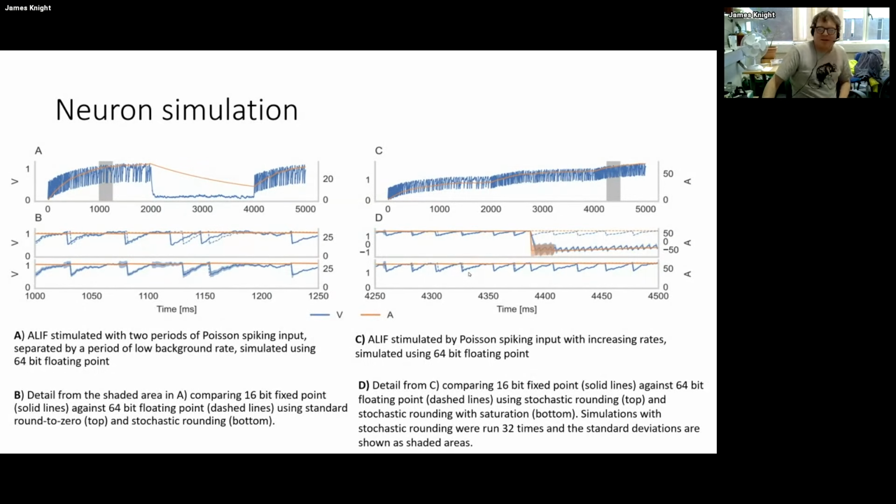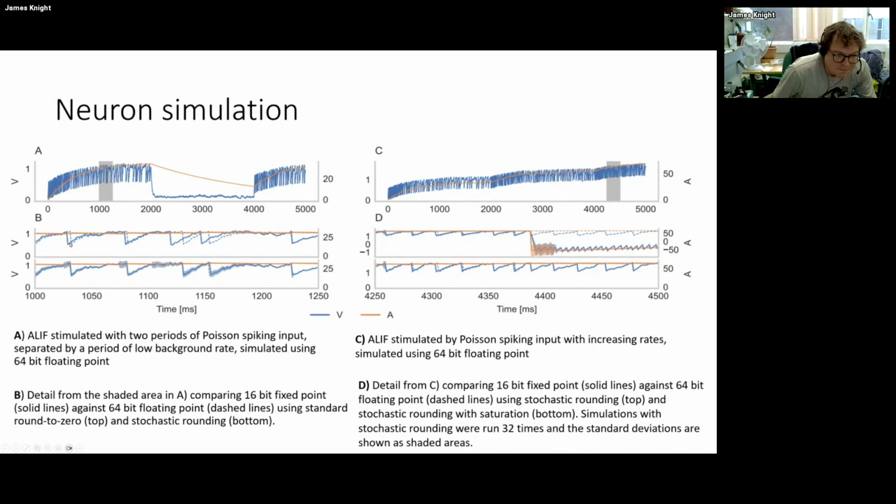So first of all, there had been some previous results about using stochastic rounding to simulate spiking neurons that seemed very promising. So this is why this has been an integral part of our design. This is a thing called an ALIF neuron. It's a slightly more complex model. And here you can see the top panel on the left is showing the floating point version. So you can see this neuron is being stimulated with some input, making some spikes, and it pauses, then some more input. But if we zoom in on this and implement it using standard round to zero,